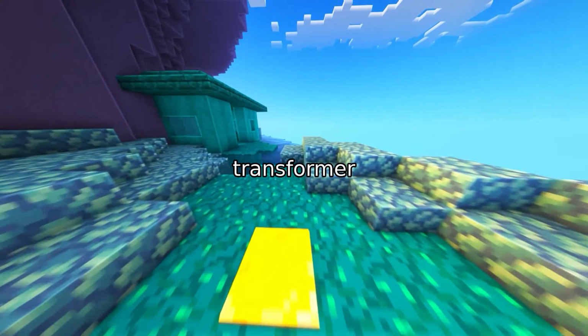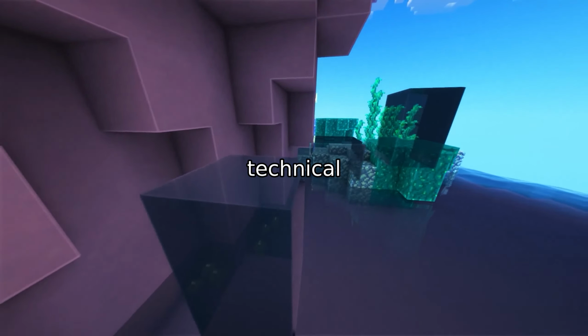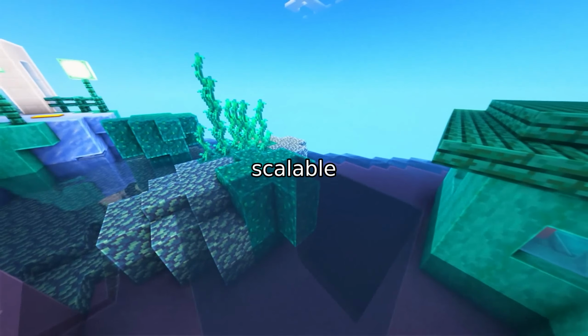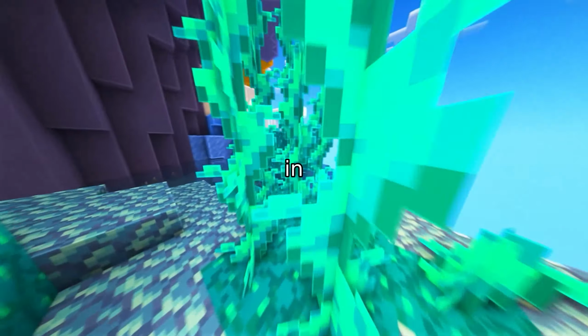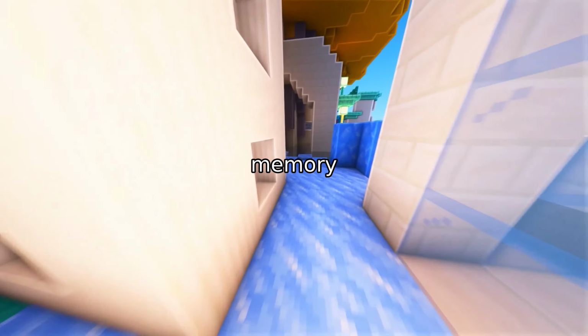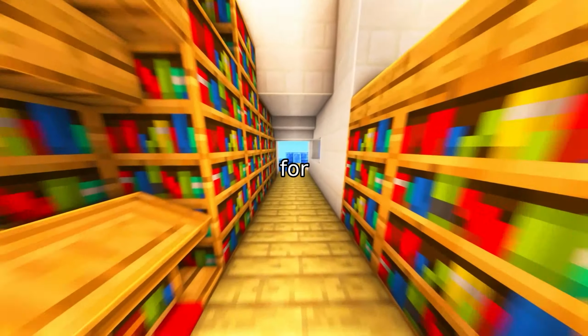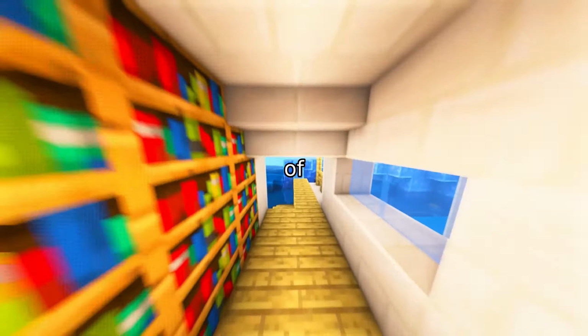As we've seen, the transformer architecture represents a paradigm shift in how we process sequential data. Its technical elegance, combining self-attention with scalable design, has opened new possibilities in AI. But this is just the beginning. Researchers are actively exploring memory-augmented networks, quantum-enhanced transformers, and beyond. Stay tuned for the next wave of innovations that will redefine what's possible.